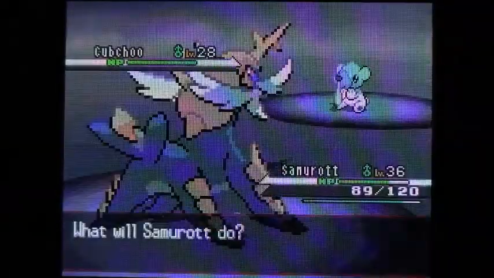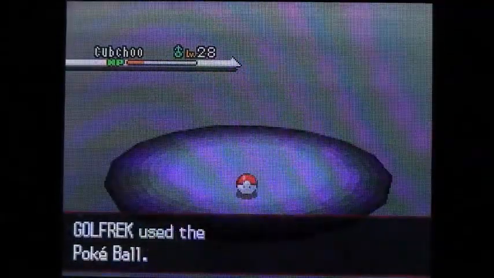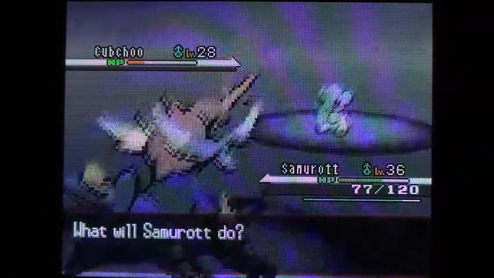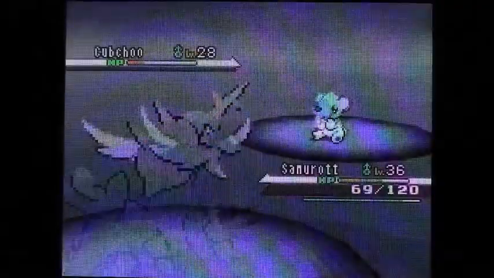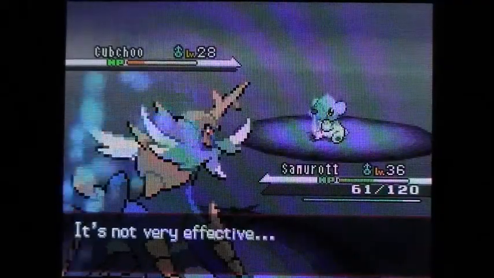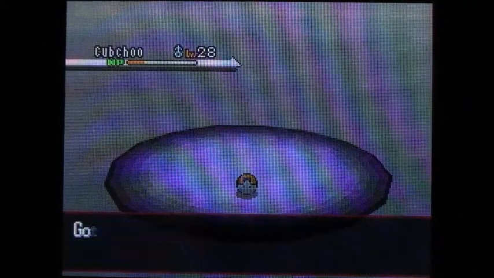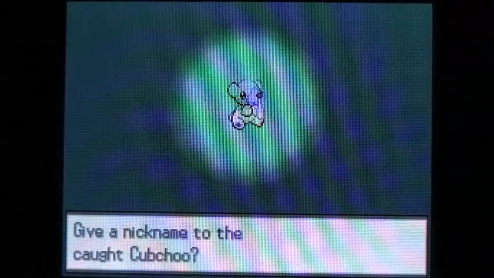But first, we have a Cubchoo. So I go ahead and try to catch this thing. Use a Pokeball, immediate release. So I go, okay, let's use a Great Ball or an Ultra Ball and catch it. Oh no, I don't catch it. Ah, it got out. So I go, okay, you know what? We use one more Ultra Ball. And then it gets out again. Oh, that's just great. Well, we'll use one more. And I caught it. So it took 4 Pokeballs, 3 of them were Ultra, but oh well,